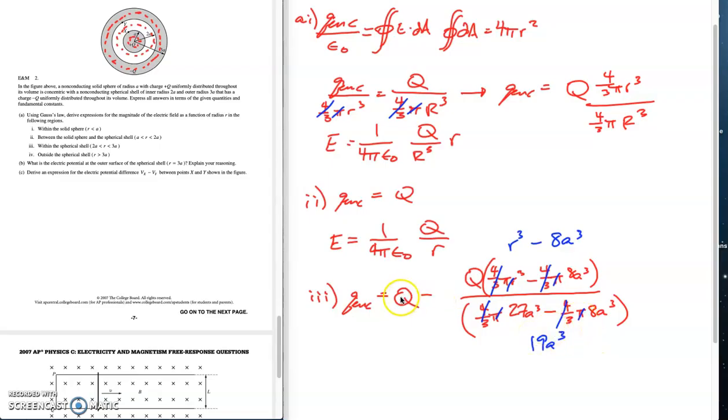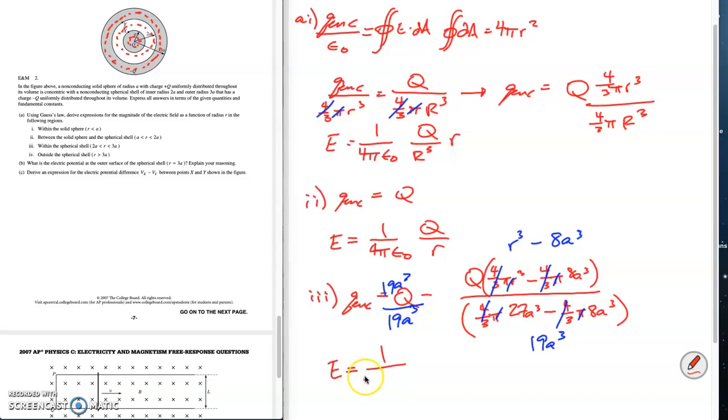So once we do a common denominator here, we're going to have 19a cubed minus, well, it'll be plus 8a cubed. So that'll be 27a cubed minus q times r cubed. That gets us our enclosed charge. Fortunately, 4 pi r squared is still the same. Combining all those together gets us an electric field